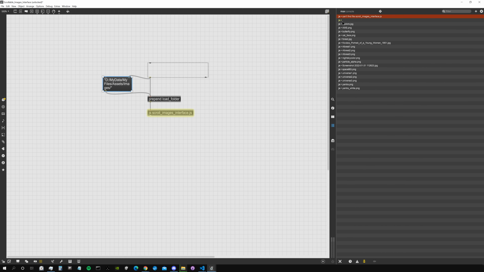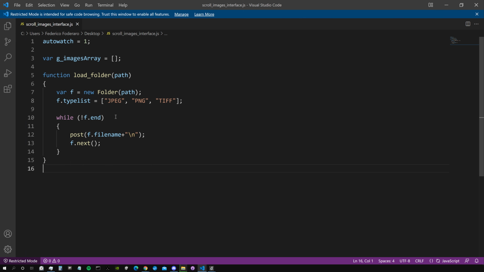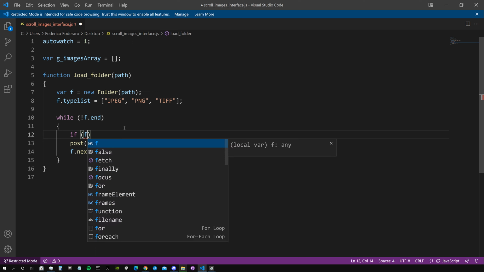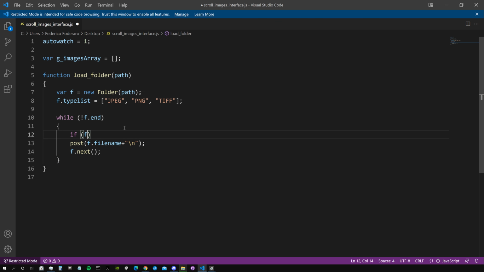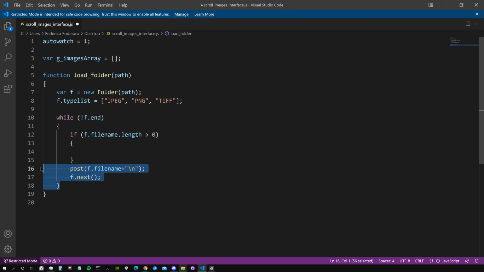Great. The first one is simply an empty space. I don't know why folder always prints this file. The first one is always going to be an empty file name in my experience. So in order to fix that, we can say if f.filename.length is greater than 0, so we want a file name that is at least one letter, then we can